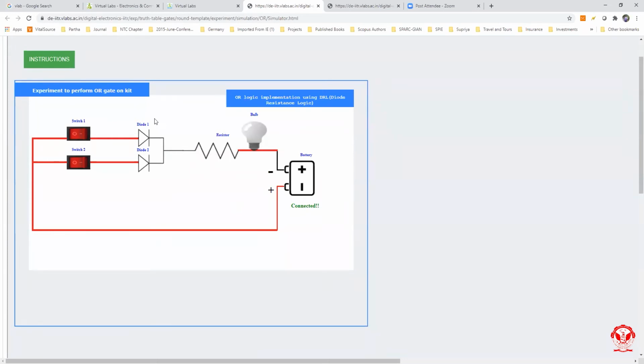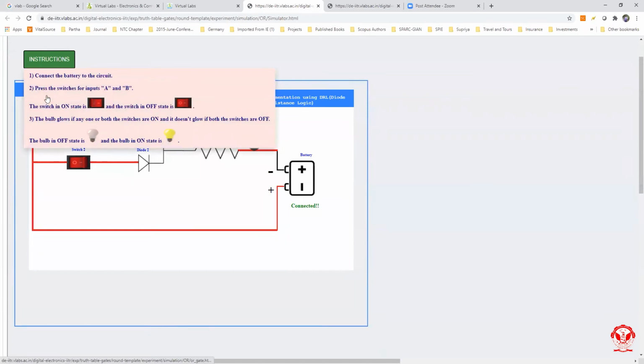Now since we know that this is our OR gate, the output of the OR gate will be 1 if either input is 1, otherwise it will be 0. Now what is our second step? Press the switches for input A and B. Here the switch in on state looks like this, and the switch in off state looks like this, and the bulb glows if the output is 1.